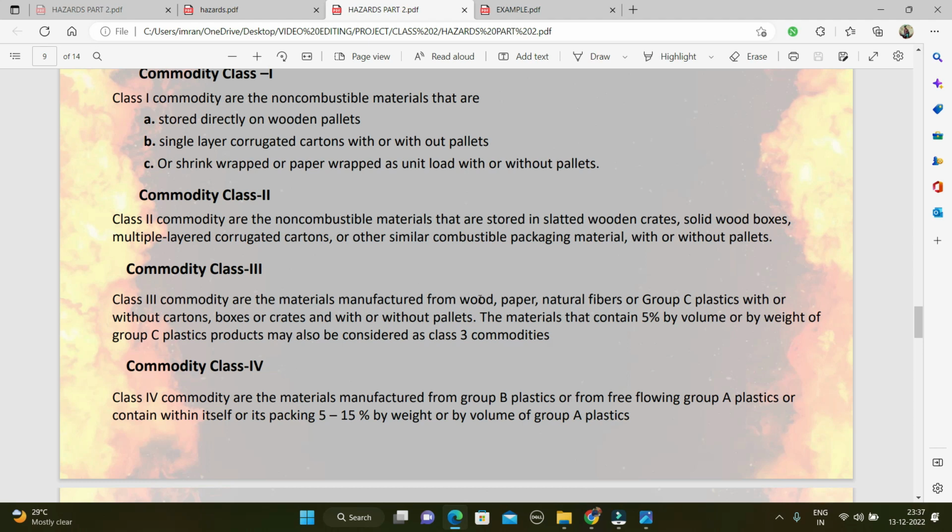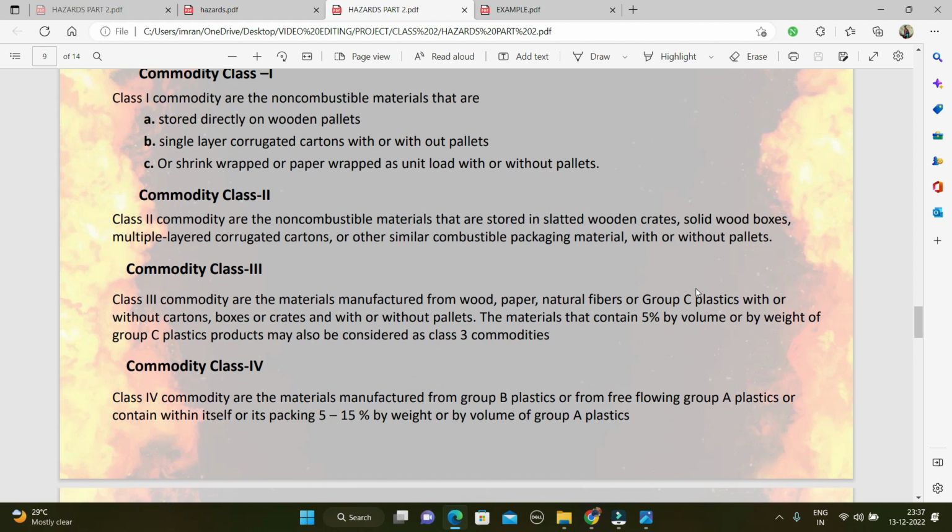The material also, if any type of material is manufactured from wood or paper, and it contains more than 5% by volume or by weight of group C plastic. The material which comes under group C plastic, if it contains 5% by volume while we are manufacturing wood or paper or anything, then it will be considered as commodity class 3. Okay,